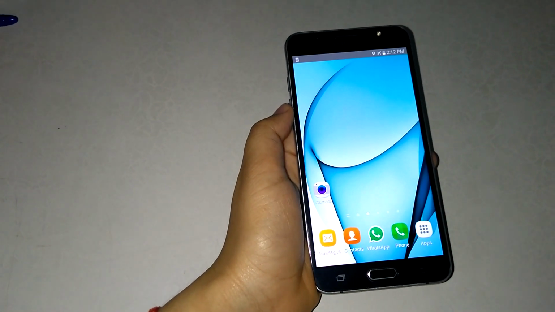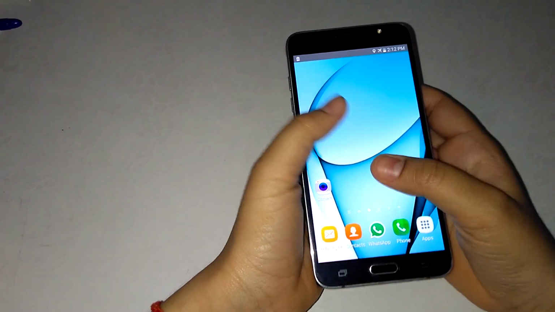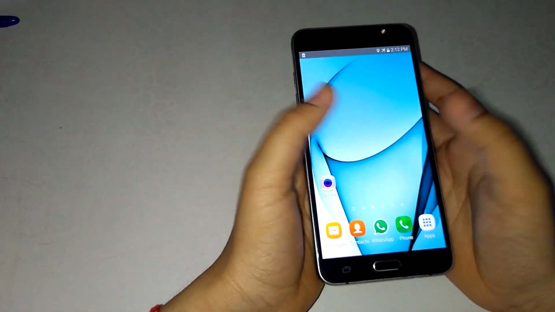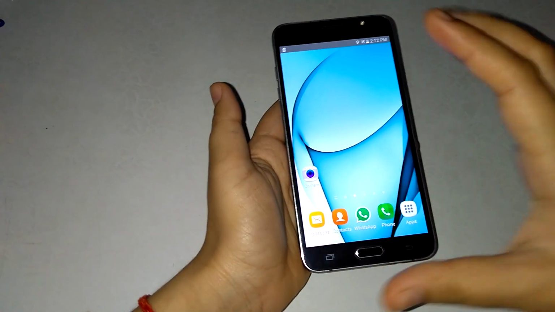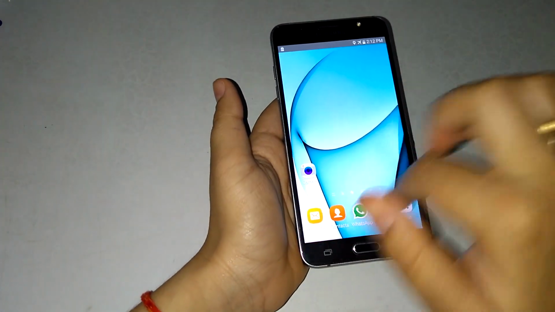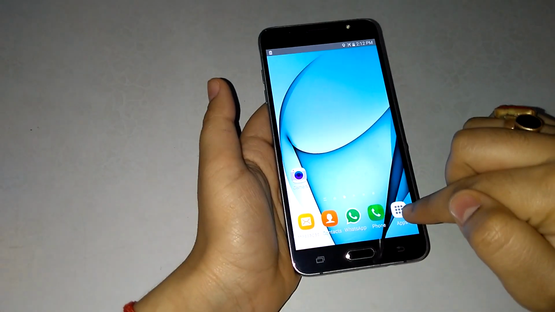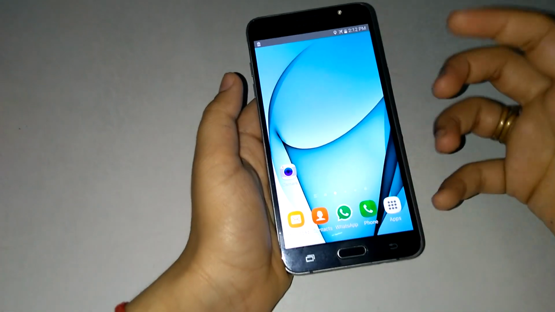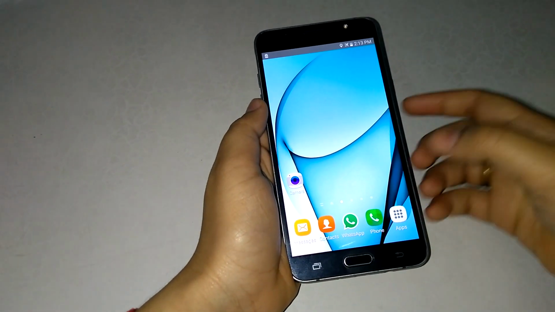And now the next feature is, what happens if you are busy with something and you can't type with both of your hands or both of your thumbs? Sometimes you need to shrink the QWERTY keypad into a small or compressed one. You can do it very easily. One feature is provided by Samsung.